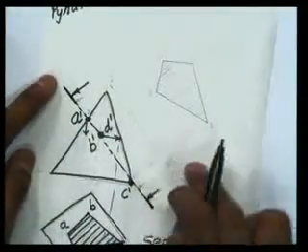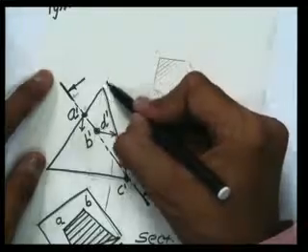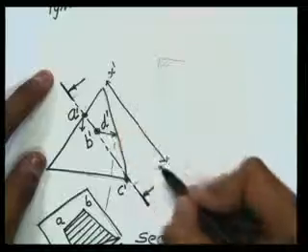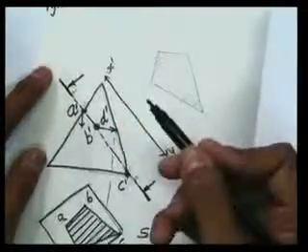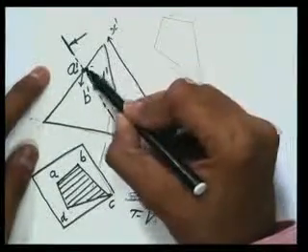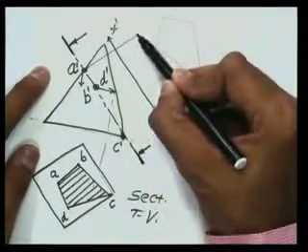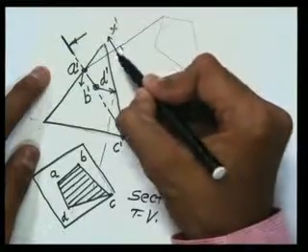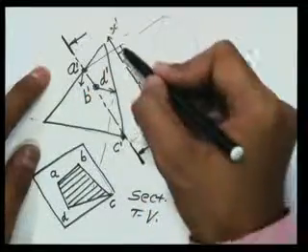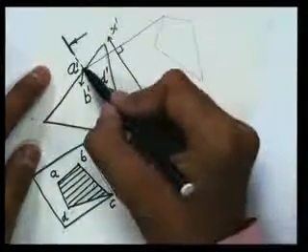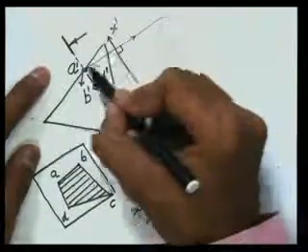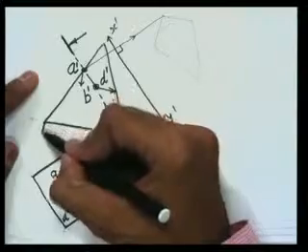To draw the true shape of the section, again draw here a reference line. This is the X dash Y dash line, or it is called the reference line. Now what we did earlier, mark point A dash. From point A dash, draw a line like this. See here, this angle is 90 degrees. It means these two lines, this cutting plane line and the X dash Y dash line, both are parallel. So from point A dash, draw a line perpendicular to the X dash Y dash line and mark here. Now measure this distance.